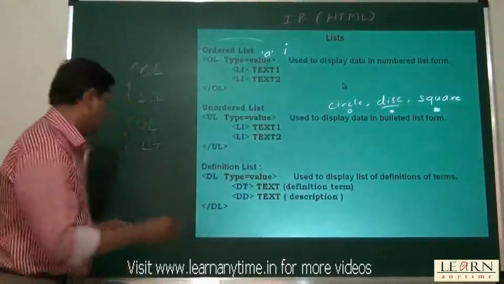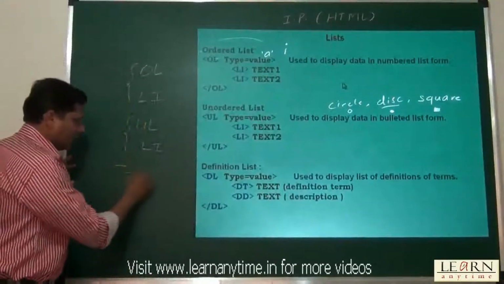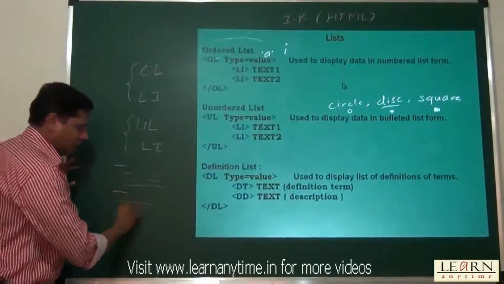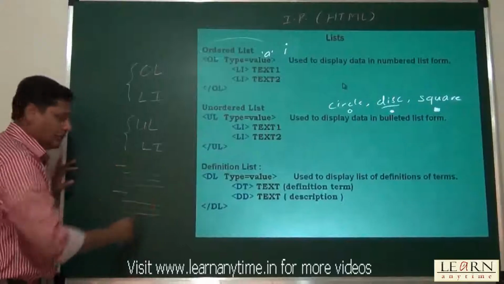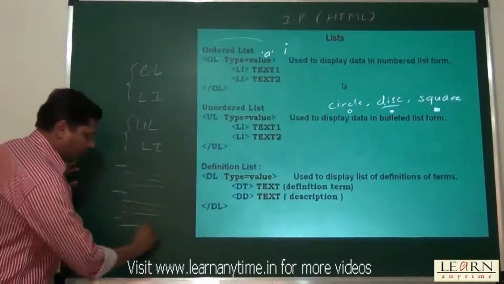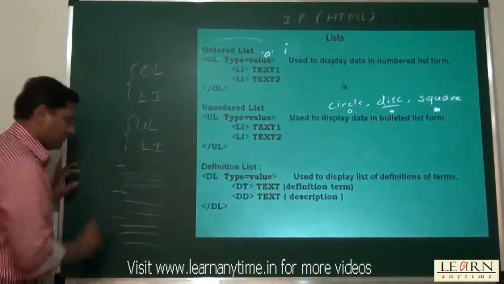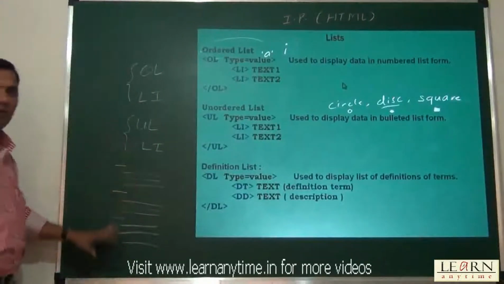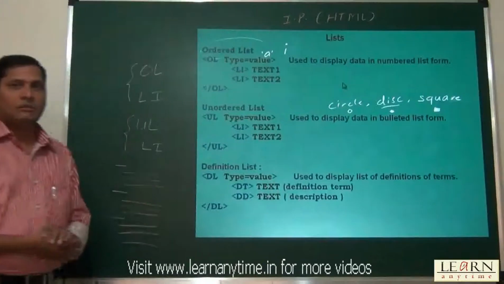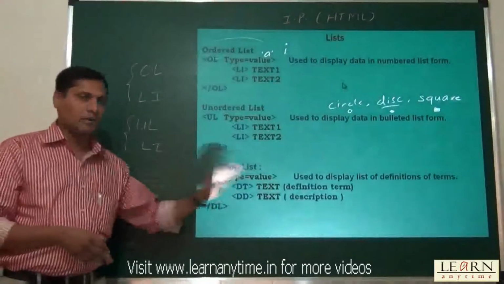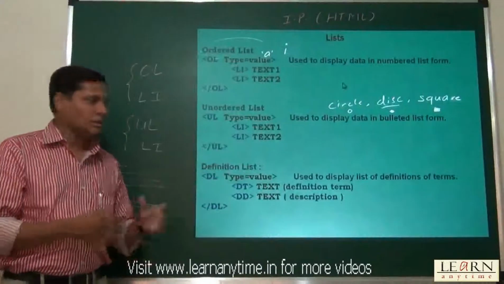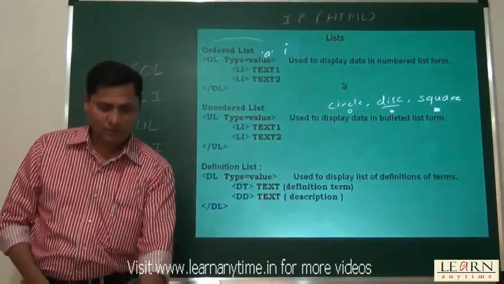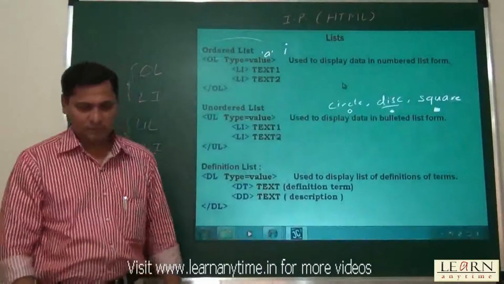Automatically it will be shown in this form: some term is shown and some description is shown. Again some term is highlighted and some description is shown with indentation, and that is how multiple descriptions can be shown. This formatting of the data will be done by HTML, the browser only. So we need not do any formatting for that. It's again a built-in tag for us, so we can show some data in the definition form. So for example,